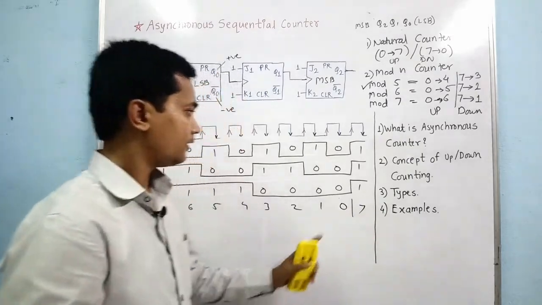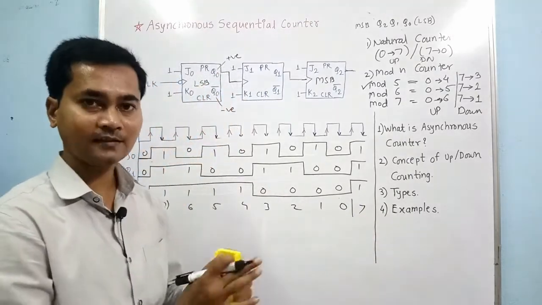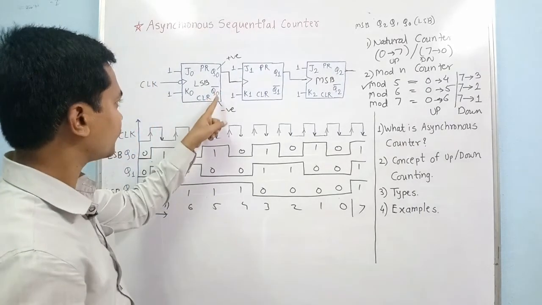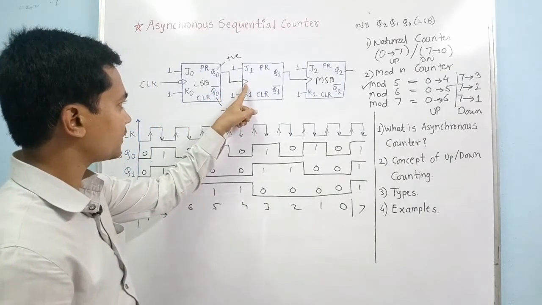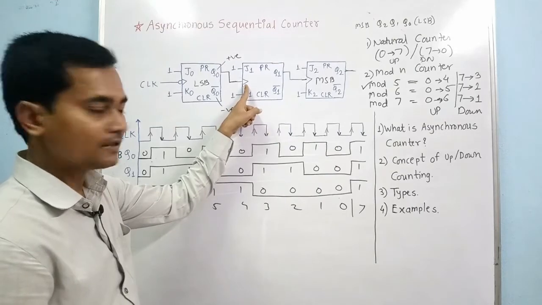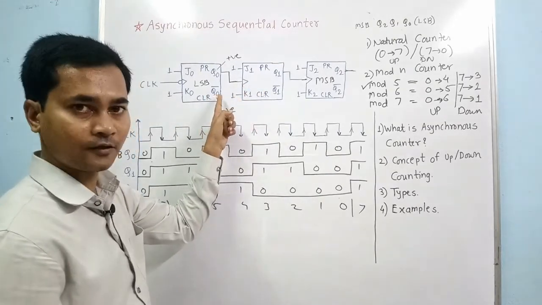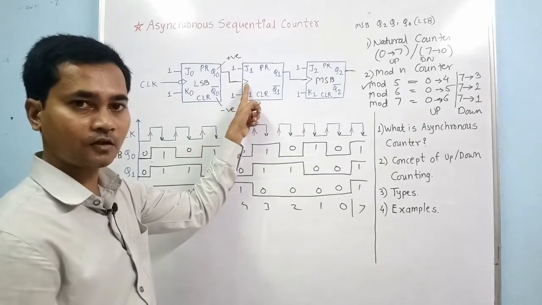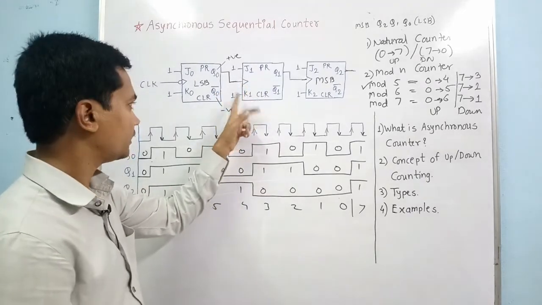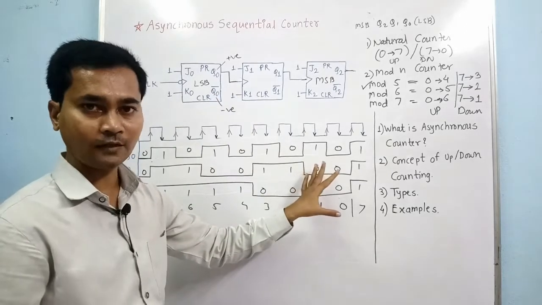Now this is all about the similar signs. If you connect this Q0 bar to a negative edge triggered clock, then it will again count down, because of the same signs. Q0 bar means negative sign and negative edge triggered clock means also negative. So in case of the same sign, it will count down.